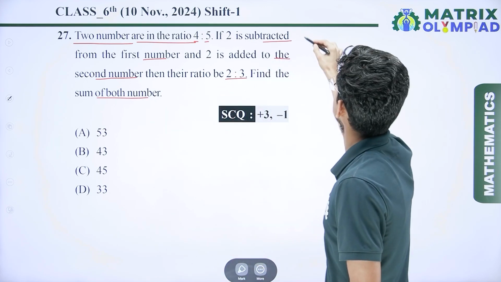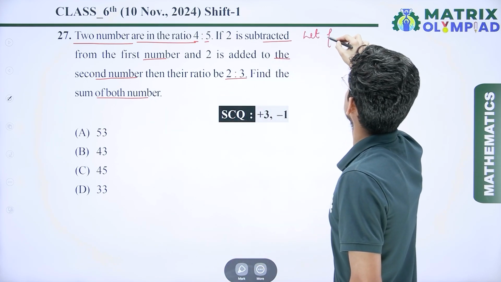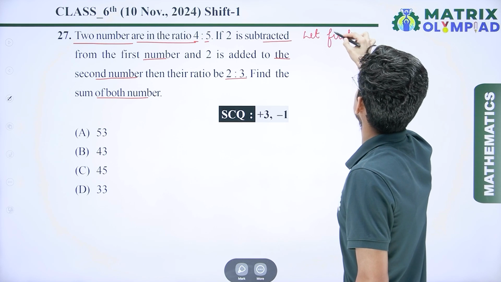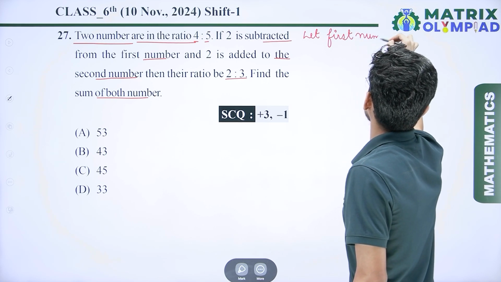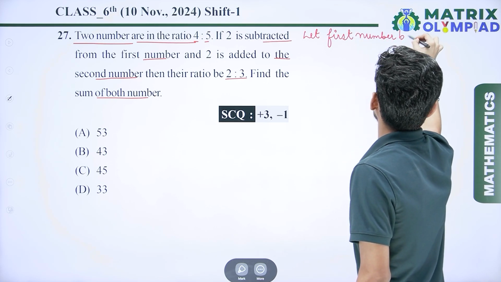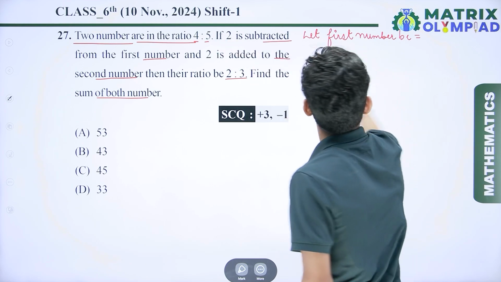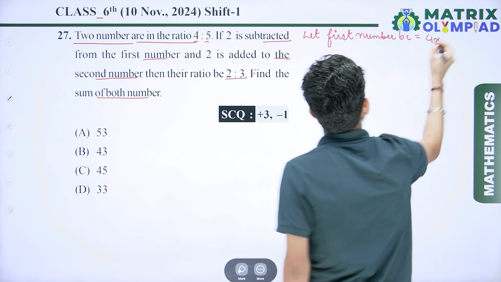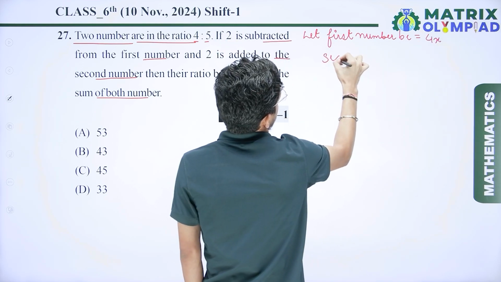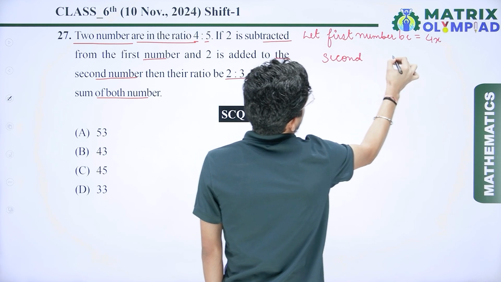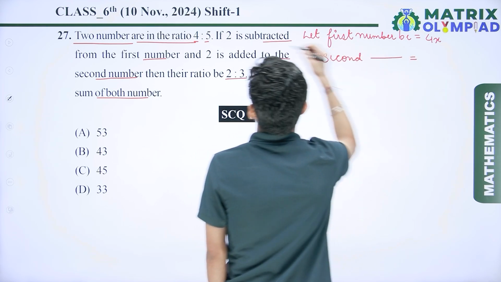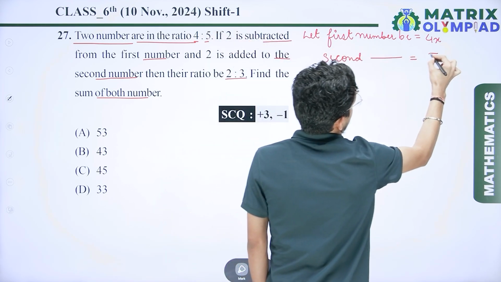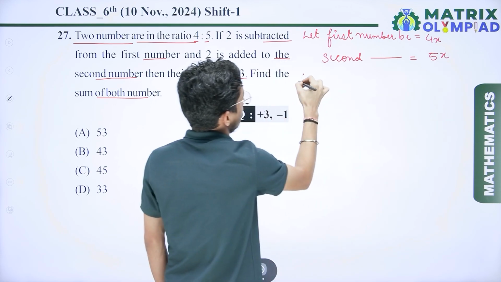So let the first number be 4x and the second number be 5x. Now according to the question,